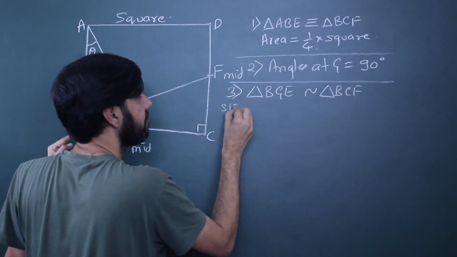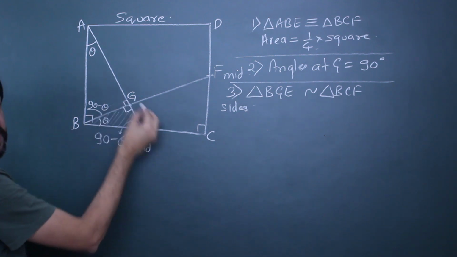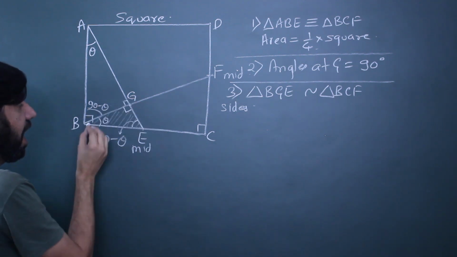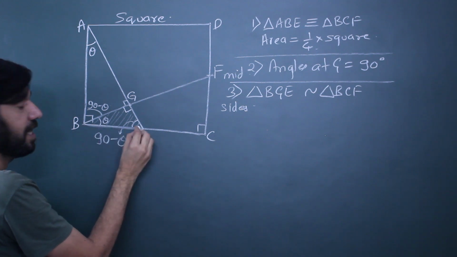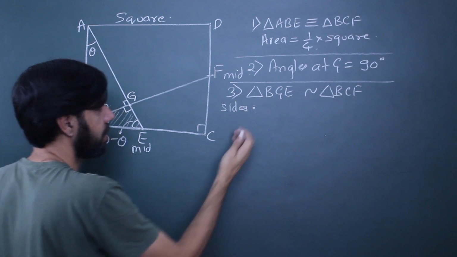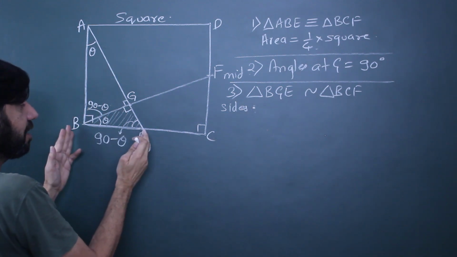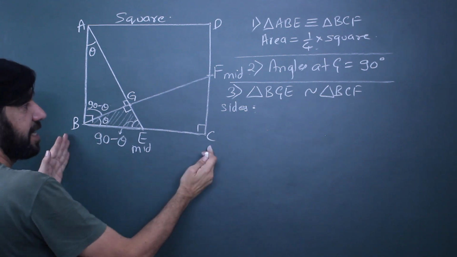And what is the ratio of their sides? Let's figure that out, right? What do I know in BGE? Which side do I know in BGE? I know BE. Let's say the square side is 2. Because we are dealing with ratios, I could take it whatever I want. I'm taking it 2 because BE will become 1. And BE is 1. Side is 2,